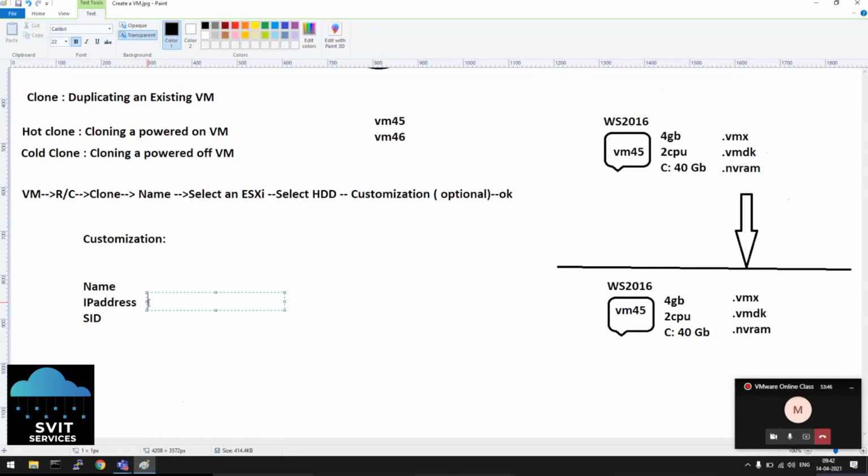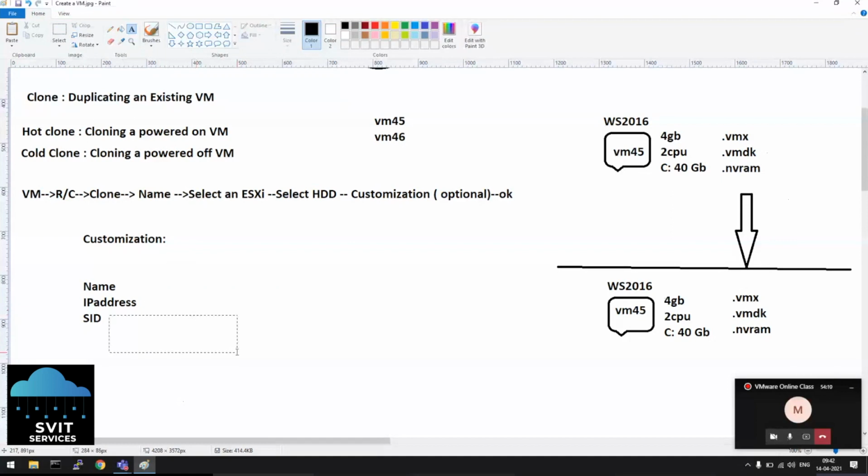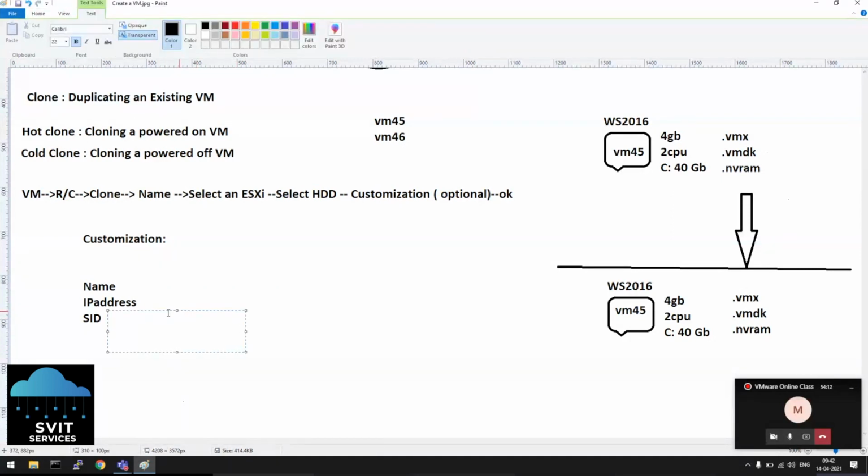Here also, any virtual computer or physical computer or printer, whatever it may be, should have an IP address to communicate together. IP address is equivalent to the mobile number of a person. For a person it's a mobile number; for a device in a network, it needs an IP address. It should not be the same for any two devices. And if there is the same IP address, we know what will happen. It's miscommunication. SID is called security identifier.